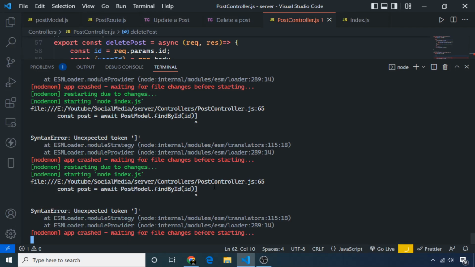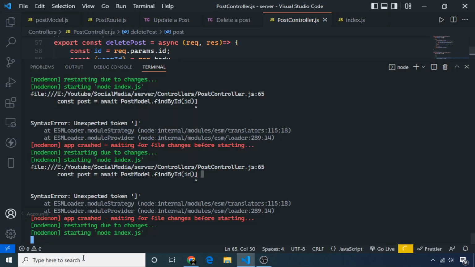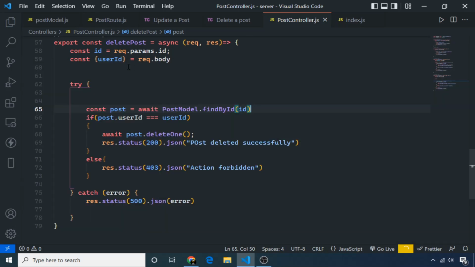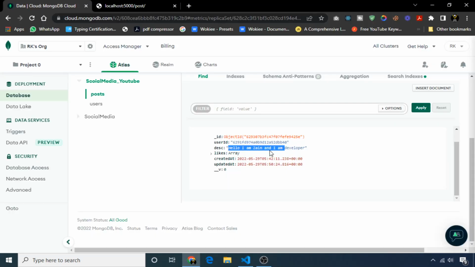Okay, so here is an error. I have put a square brace here without any reason. Let's wait to start it again. Okay, so I'm going to send it again, and here it is saying action forbidden, because our user ID, I think, is not the same. Let's check the user ID,